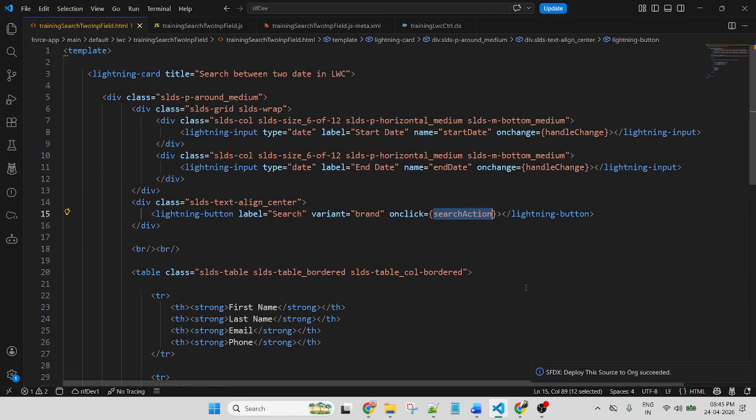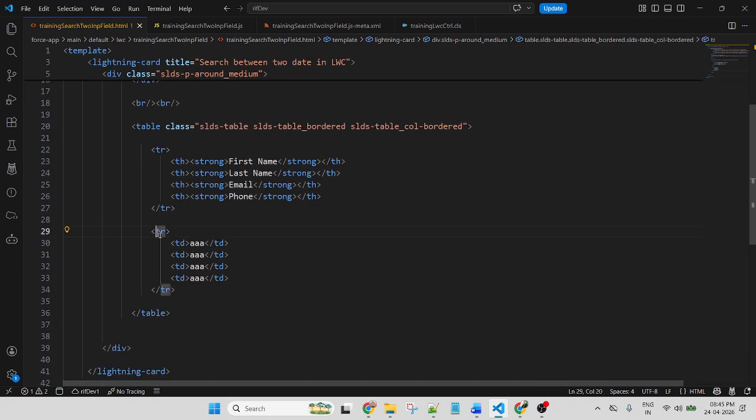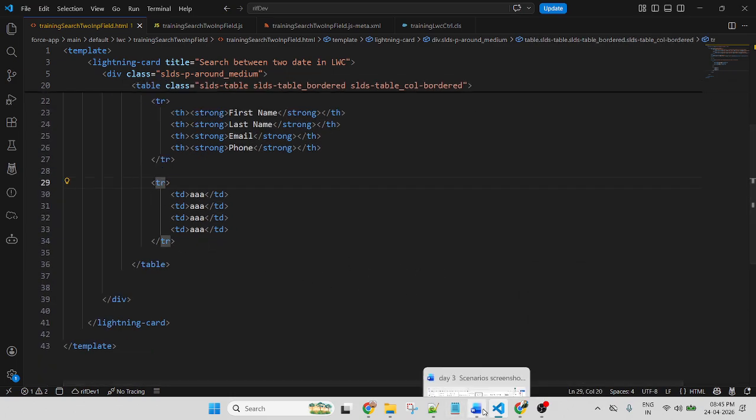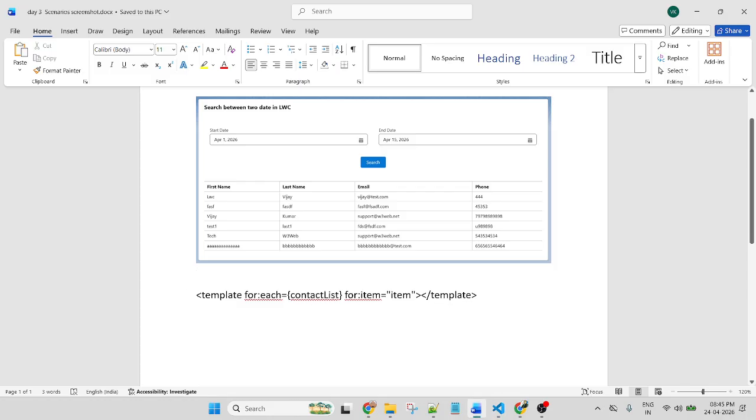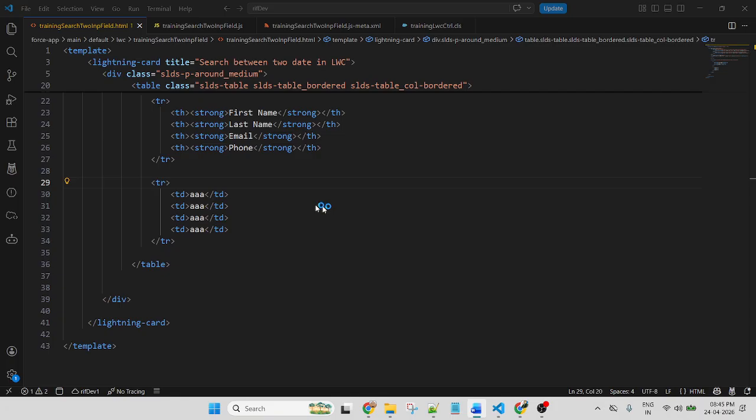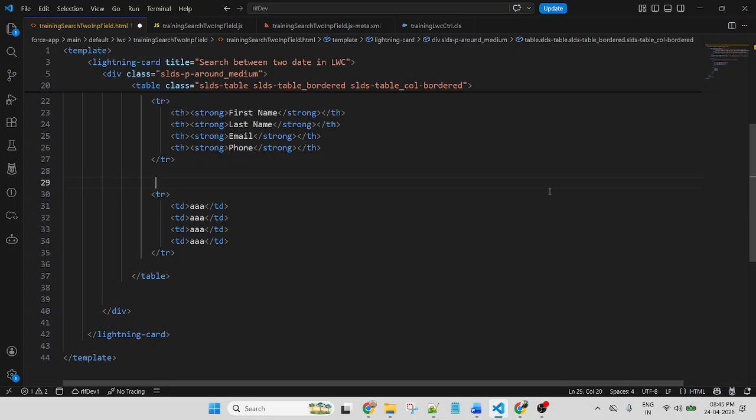Now let me comment. Go to the component, and this is my dummy data. Here I will use template for each and for item. Before the TR, here, template for each and for item.